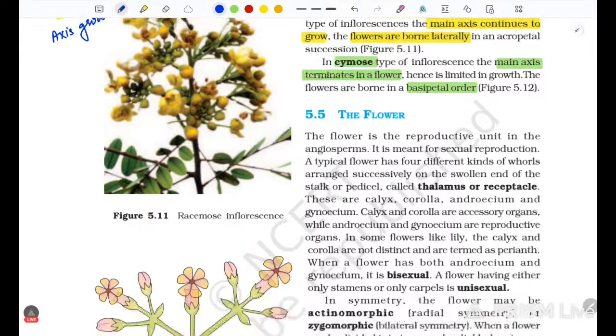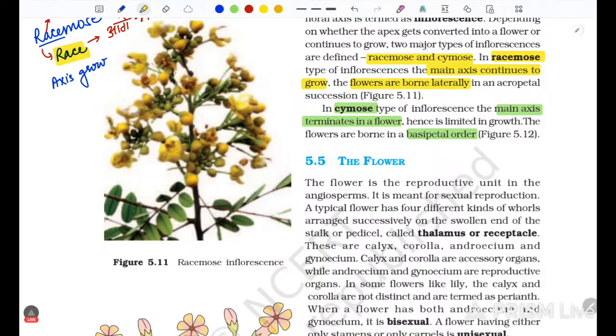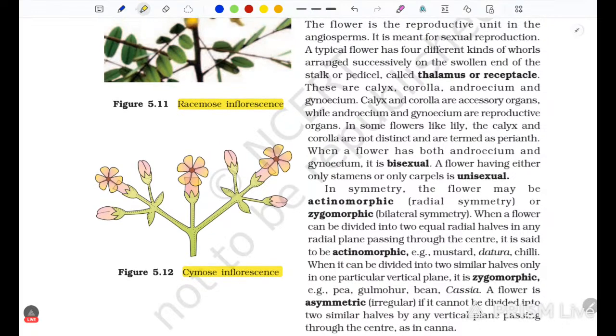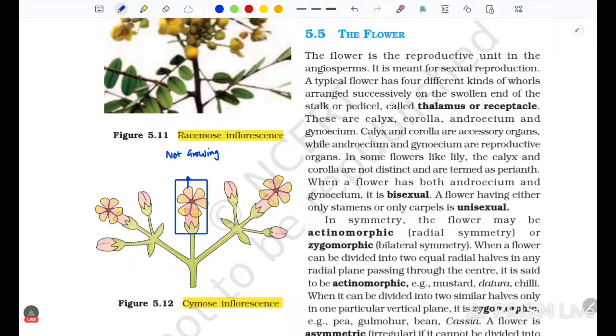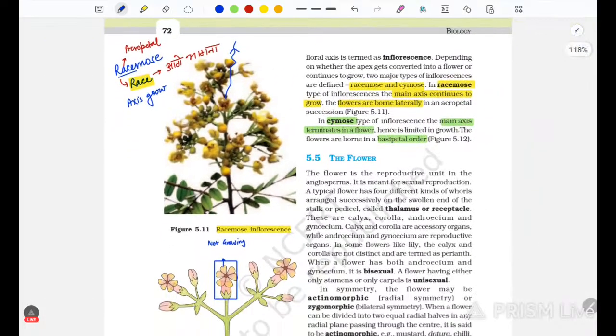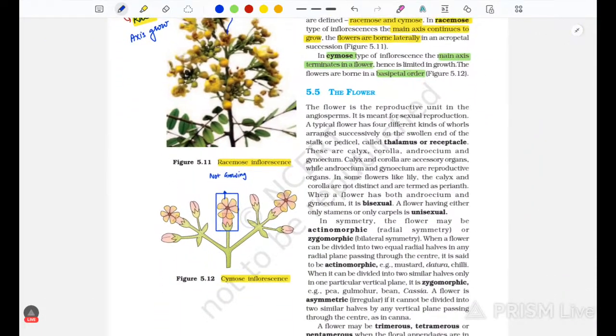So can you see, this is actually racemose, and here it is cymose. Why is it cymose? Because can you see that it is not growing, it is getting terminated by the flower. So just write down that it is not growing, it is getting terminated by the flower। पर यहाँ देखो, यहाँ रेस लगी हुई है, ये अभी भी grow करने वाला है। तो इन दोनों diagrams के अंदर में प्लीज डाल दो जो भी चीज़ मैंने बताई है।